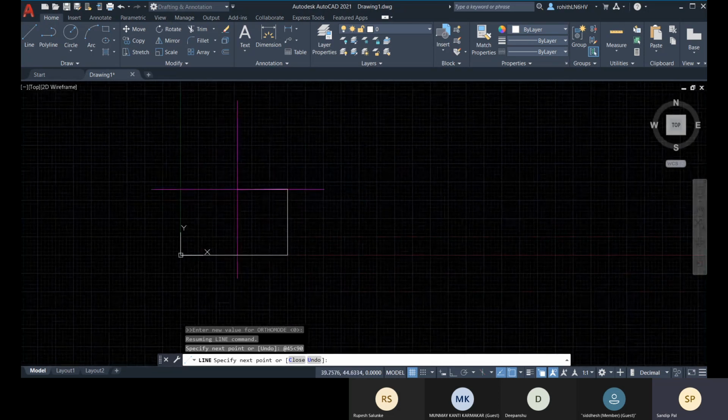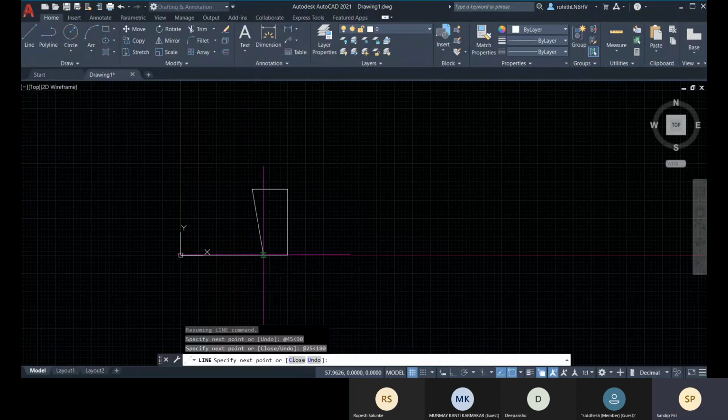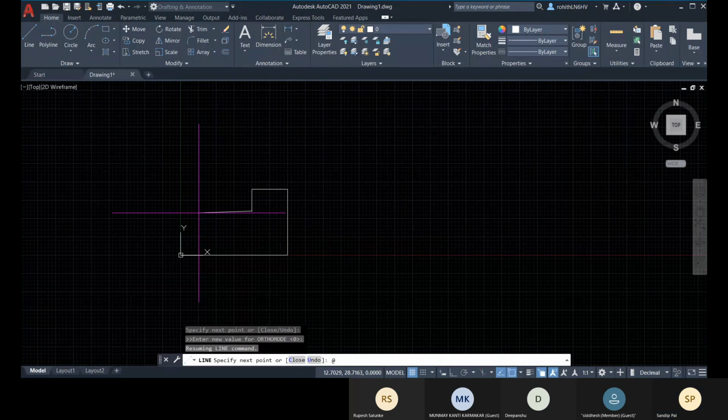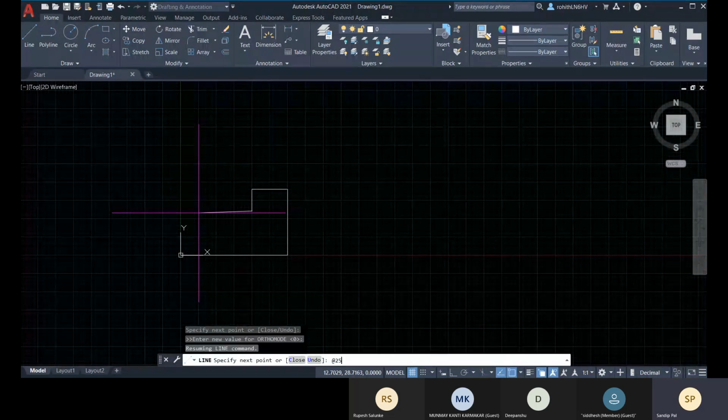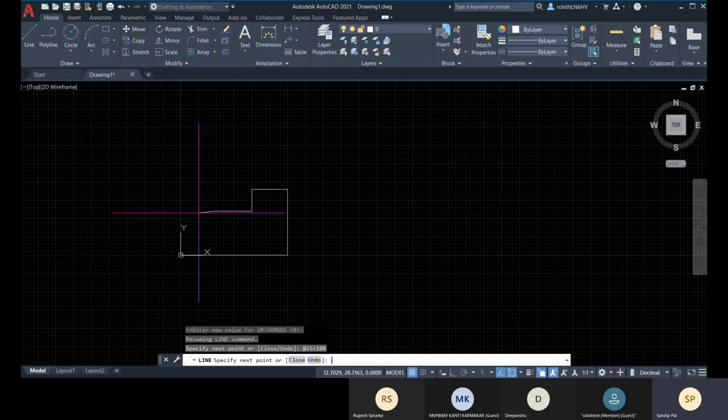Now let me provide in this direction. So at the rate, it will be 25, then less than 180-degree. Okay. At the rate, now go for 15, then less than, this is 270-degree direction or towards south. Now at the rate, go for 25, less than 180, enter.